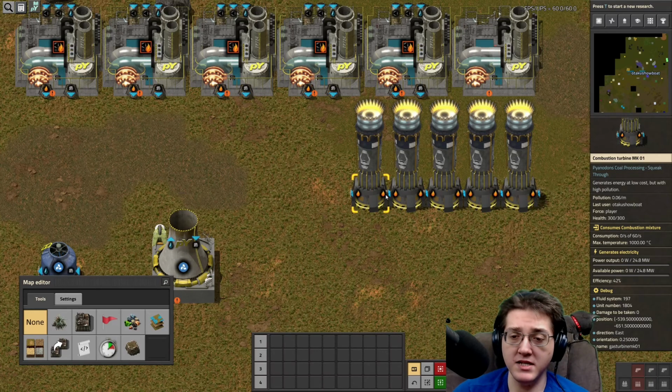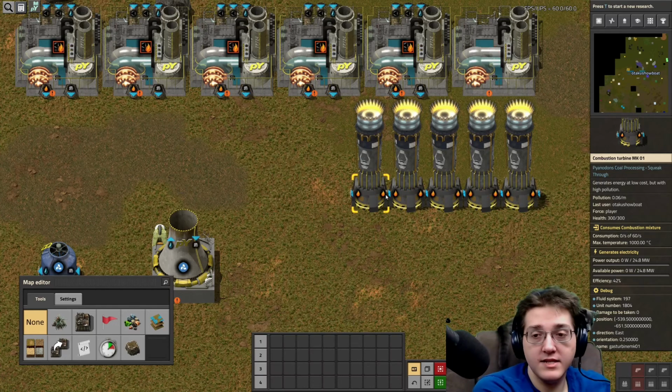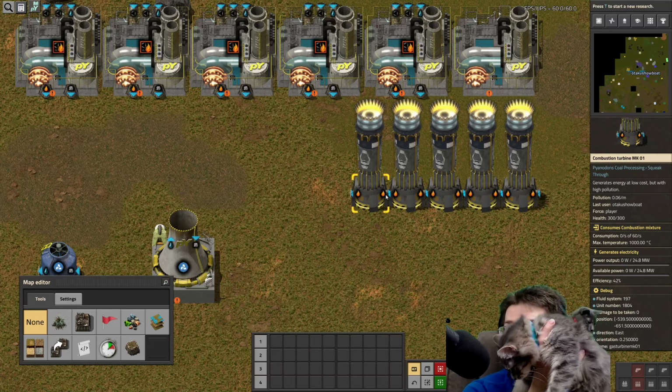So, this means, just looking at this tooltip, if you throw 1000 degrees C combustion mixture into this turbine, 60 units per second of it,